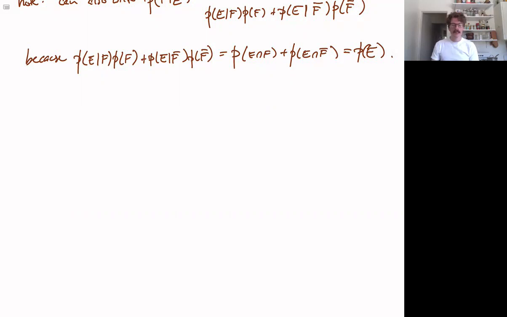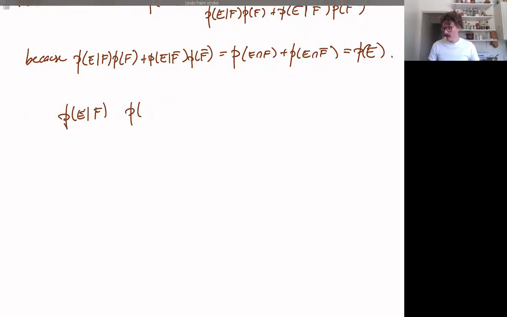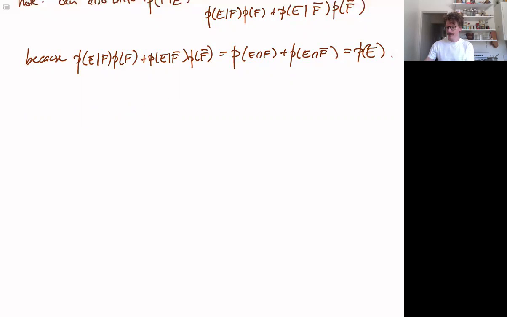So let's take a look at an example. I said before that Bayes' theorem is interesting because it relates the probability of E given F and the probability of F given E. And these two things often feel quite different. They have quite a different flavor. So let's see an example of what kind of thing that is talking about. So, example,